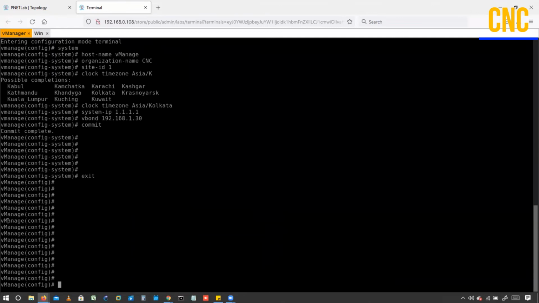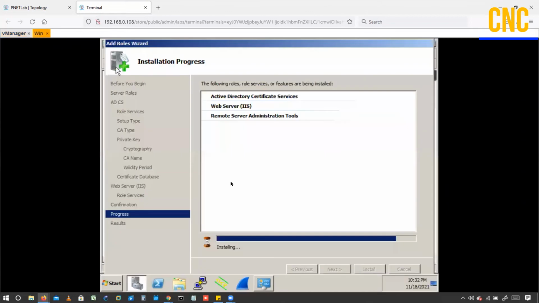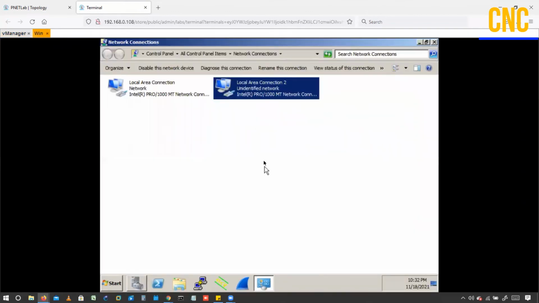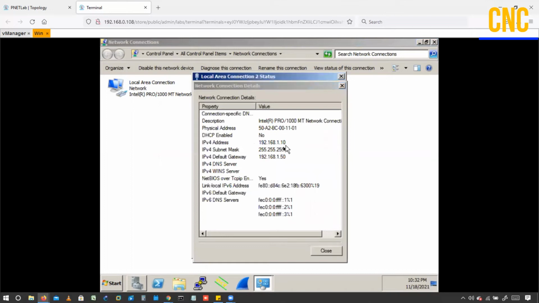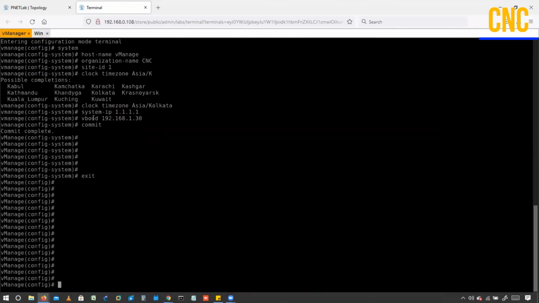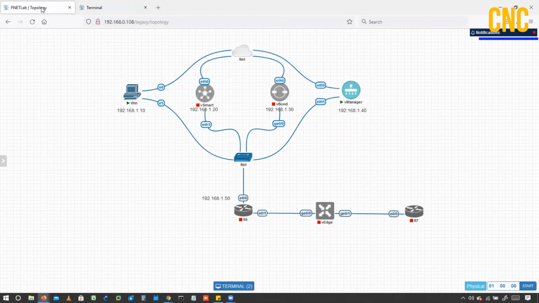Now the next thing. On the server, I have configured this server. Okay, this is taking time, no worries. So here I have configured the IP address. Let me verify the IP address. What we have here is 192.168.1.10. Fine. Now let me go to vManage, and now I'll configure these interfaces, ETH0 and the other interface, right? The other one we have is ETH1.